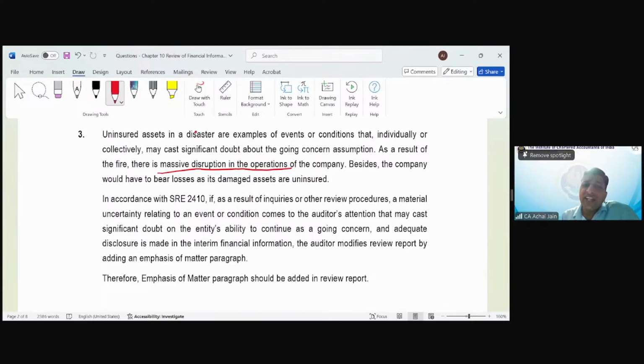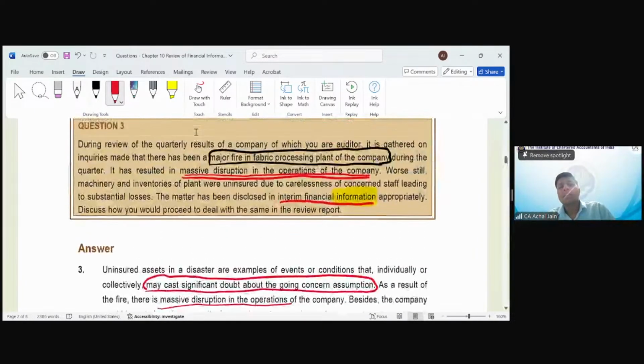So the situation is such that it may cast significant doubt about the going concern assumption. So we can say that there is a material uncertainty around the going concern. But here again,